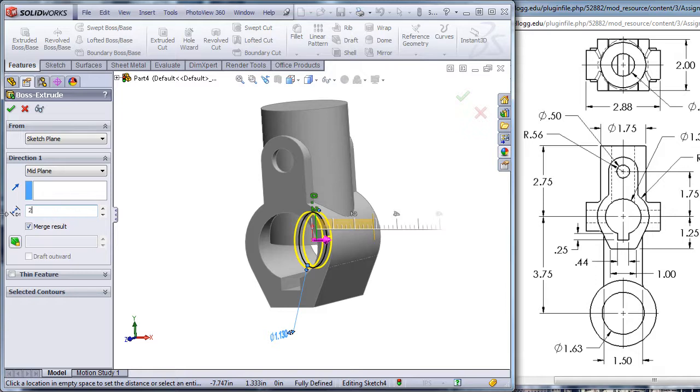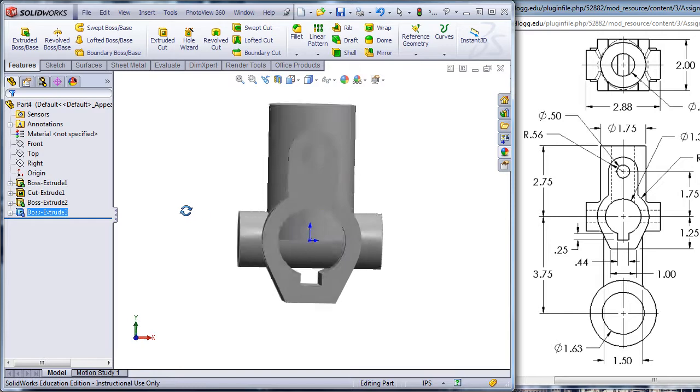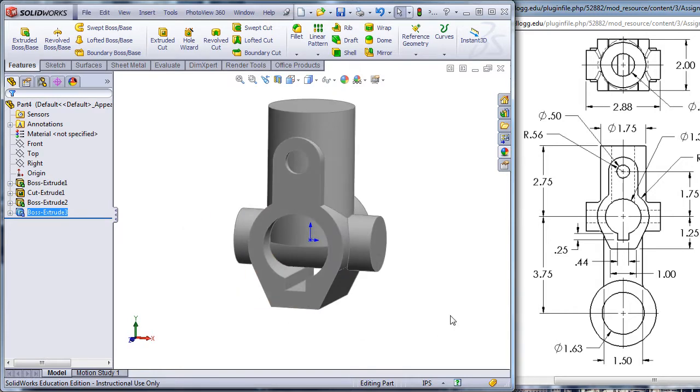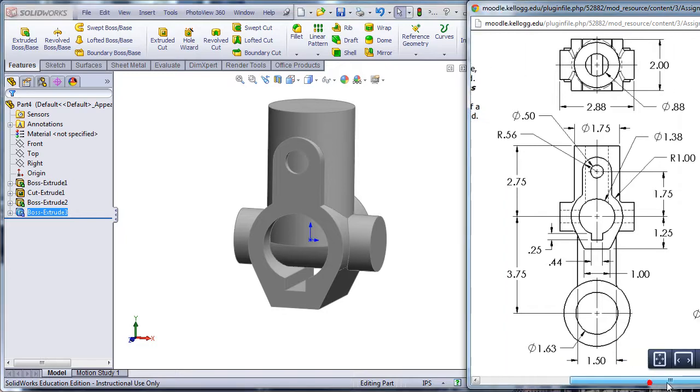Let's try that again. 2.88. And there is that feature, and we've put another plug in that hole. Next up, I'm going to create this rectangular body that's in here. You can see it's this deep, about 0.94, and again, we don't know where it ends and begins, so we're going to start it up here at the origin, and we're going to take it all the way to here because I have that 3.75